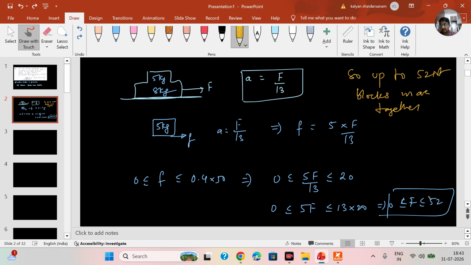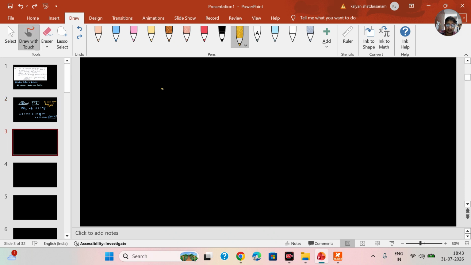Okay, so for these values of applied force, friction lies between 0 and mu n. It will be static, blocks move together. So up to 52 newtons, blocks move together. Beyond 52, they move separate. If you apply some 60 Newton or so, they'll move separate. Suppose if I apply 60, just for the sake of clarity, I'm doing this. Suppose if you apply 60 Newton,